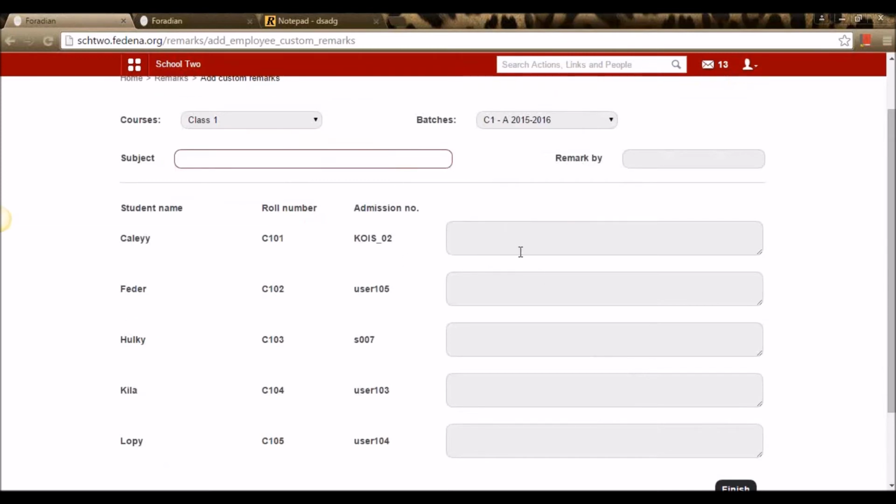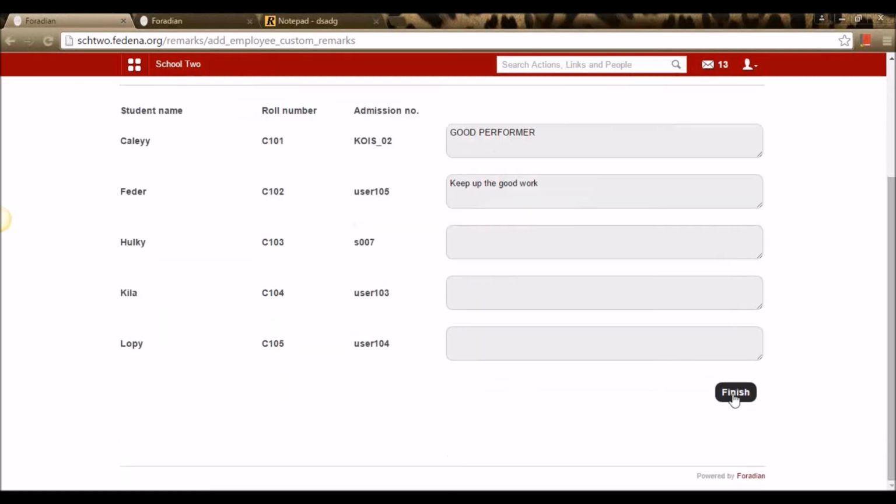So we can give a subject type and we can enter a remark.